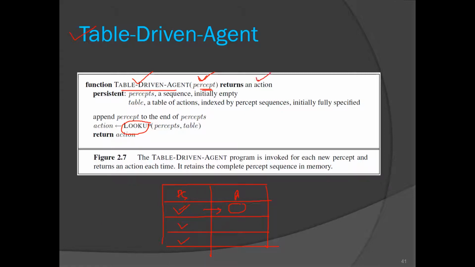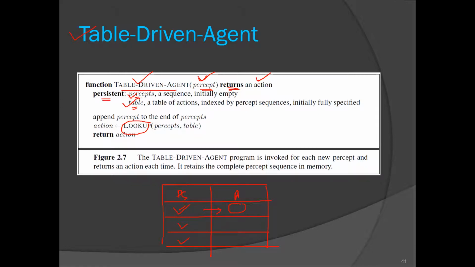For every percept, the agent will call this function every time, so there will be multiple calls, and the table should be like a global variable. During these multiple function calls, these two variables should persist, which is why we call them persistent.